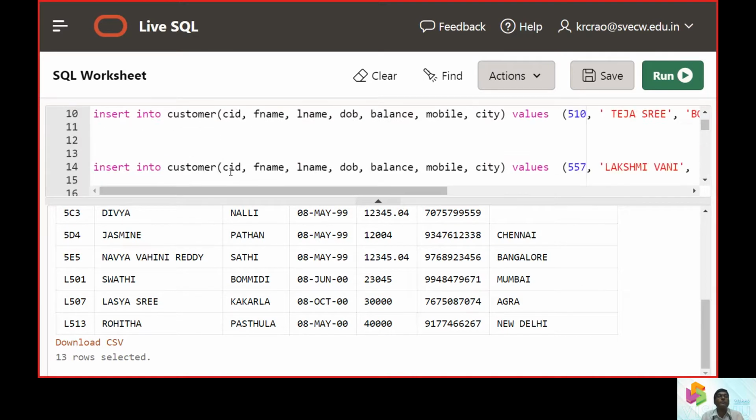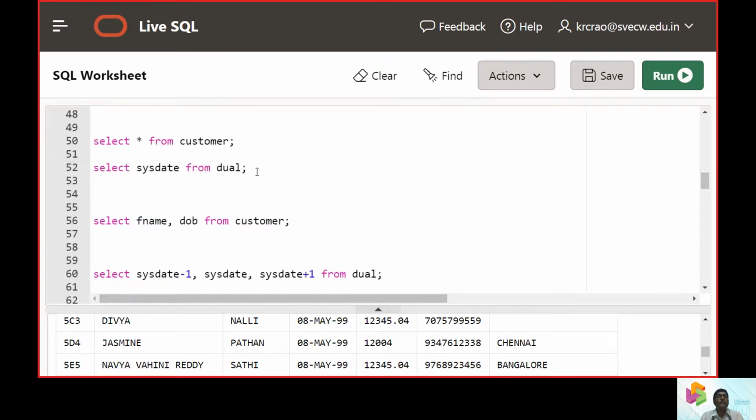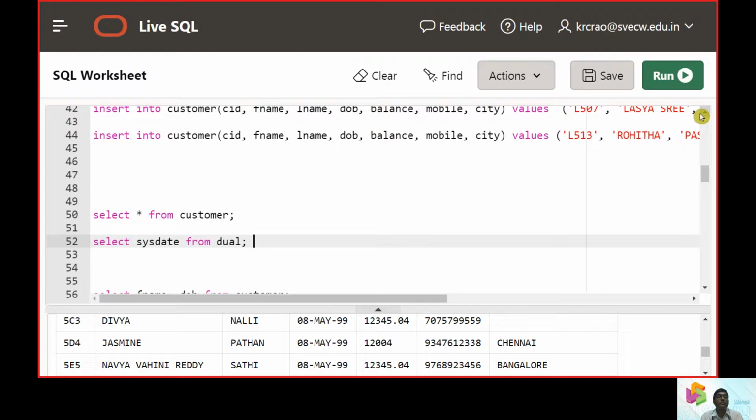Now we want to figure out the sysdate, the system date, that's today's date from the database.